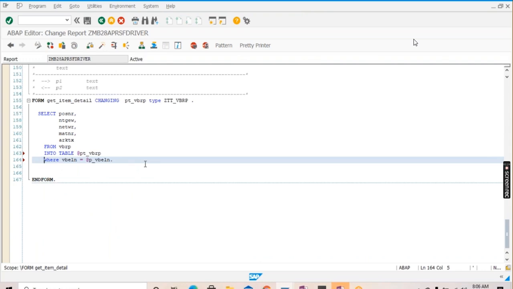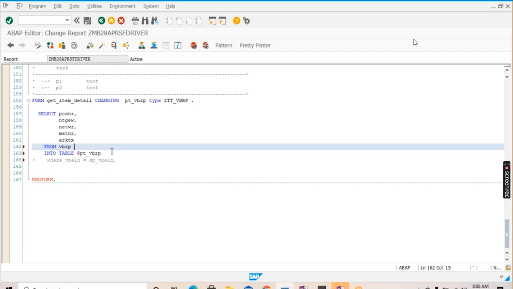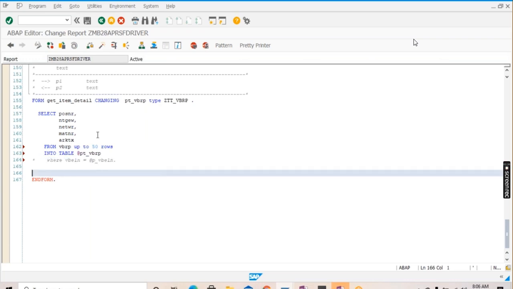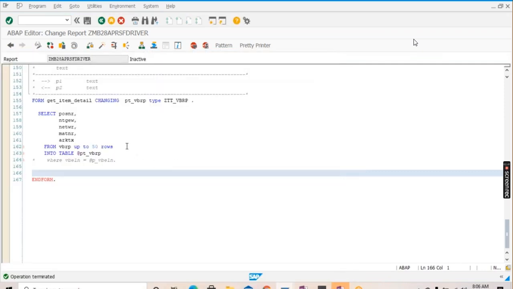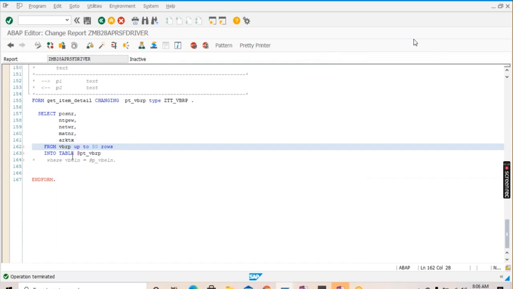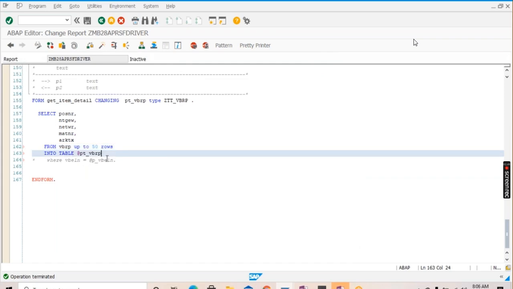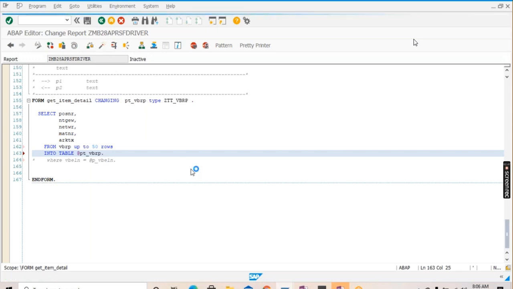I want to get more data, up to 50 rows. So it is independent of VBELN and all. I want to get up to 50 rows. Full stop, activate,